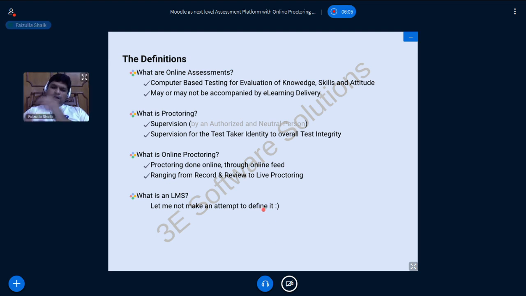Before we get to the final details, let's take a look at the definitions. Let's not get into the bookish definitions, but let's try to set some base. What are online assessments? What is proctoring in general?